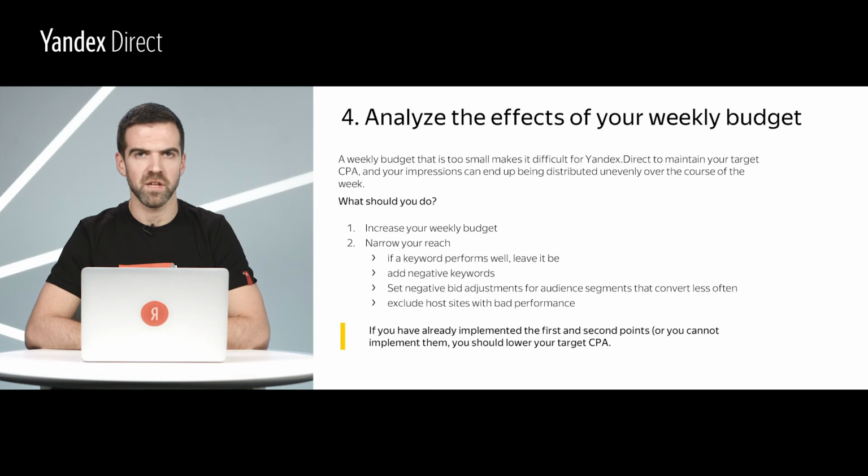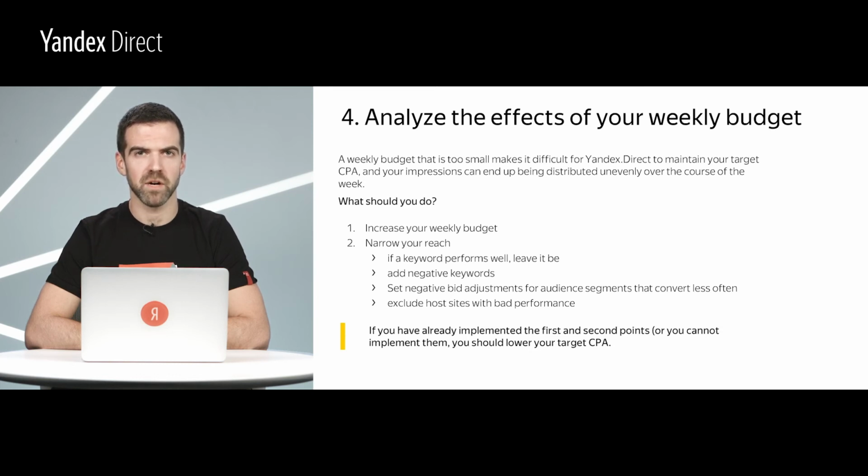Moreover, since CPA is measured over the course of a week, changing the CPA forces the strategy to restart its calculations, delaying the results that the campaign is supposed to bring. We are talking about an overall drop in the campaign's performance, since the bids are insufficient to win auctions for impressions on high-quality host sites. What can you do if you end up in this situation?